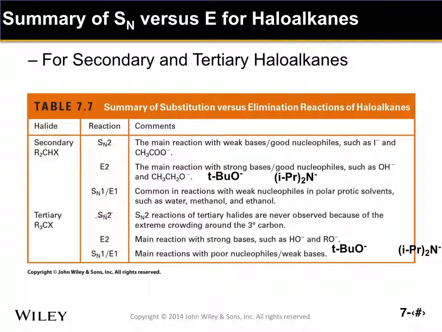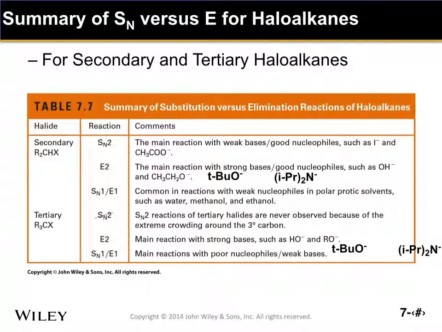SN1 and E1, these occur if you don't have strong bases. You don't want a strong base because it'll promote E2. If you wanted an E1 SN1 reaction, you don't want a strong base around, or a strong nucleophile, because those can go by E2 or SN2. If you don't have those around and you've got a polar protic solvent like water, methanol, or ethanol, you can promote SN1 and E1 reactions. And typically those occur at the same time. You see significant amounts of both product, and we often can't tell which of those is going to be the